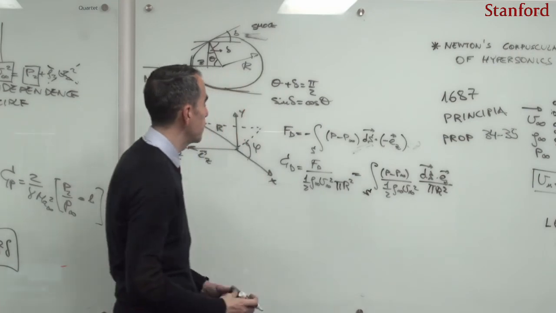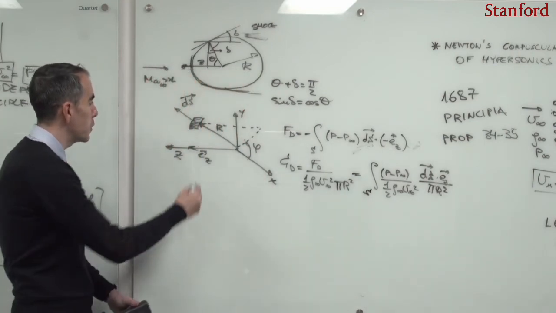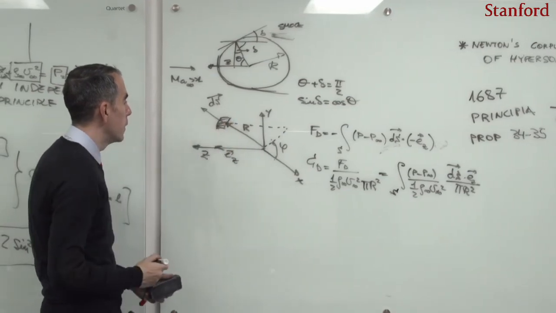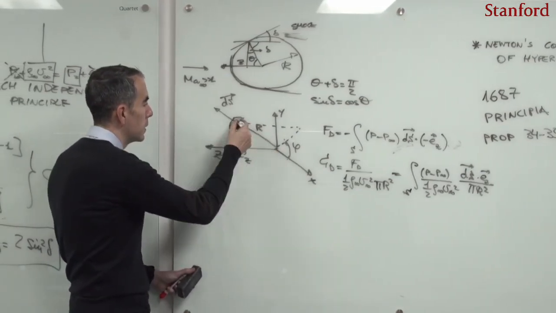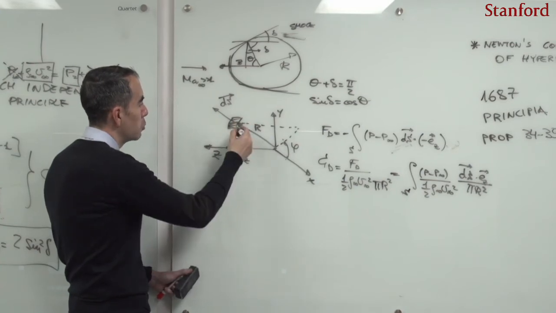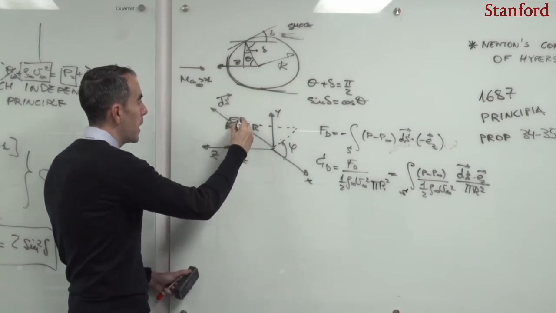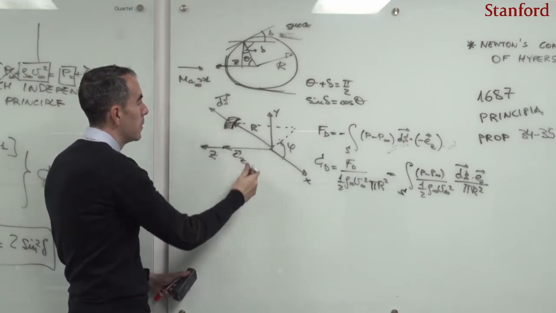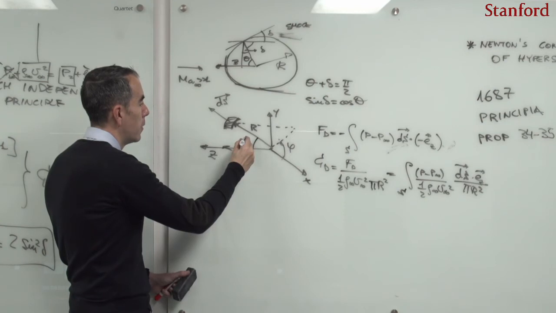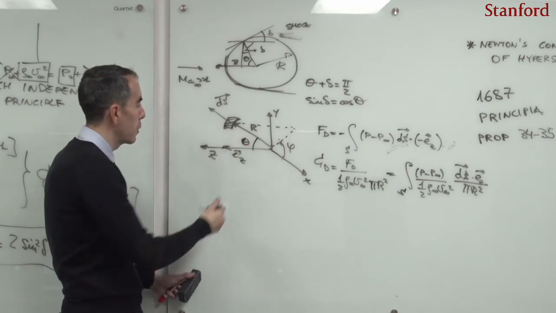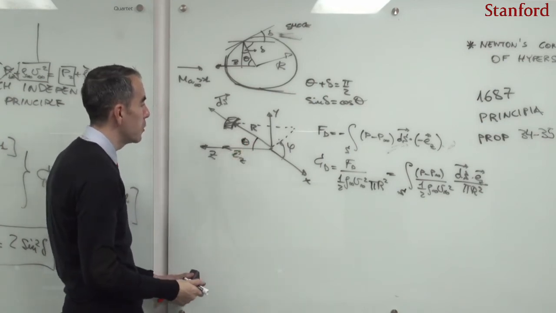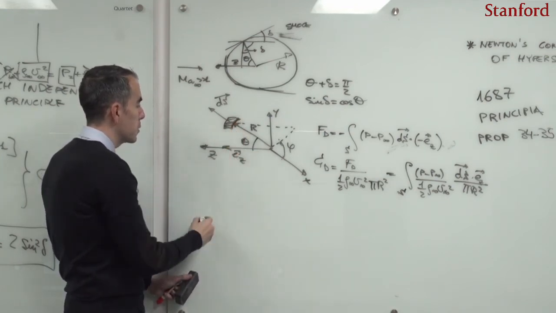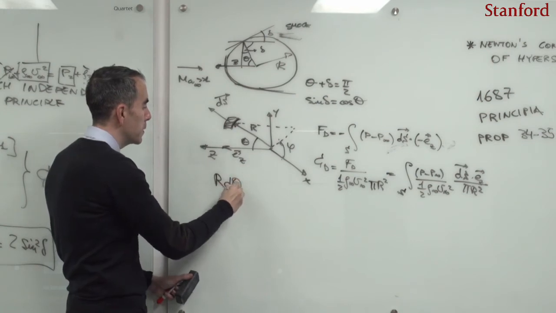So I need two things here. I need to define this element of surface. In order to define this element of surface, I can just look at the differential geometry of this element of surface. I can tell you that the area of this is going to be just this segment here, this arc, right? That arc is just r multiplied by the differential of this angle theta. This angle theta plays the role of the complementary of the latitude angle, and as a result, this segment here is just going to be r multiplied by the differential of theta.